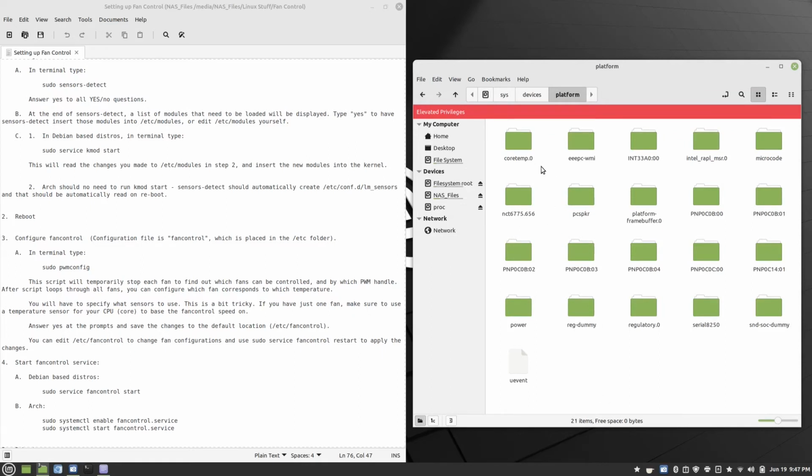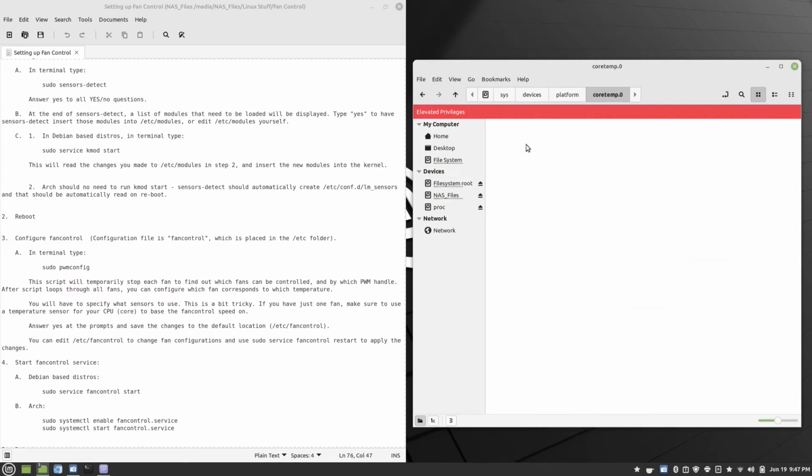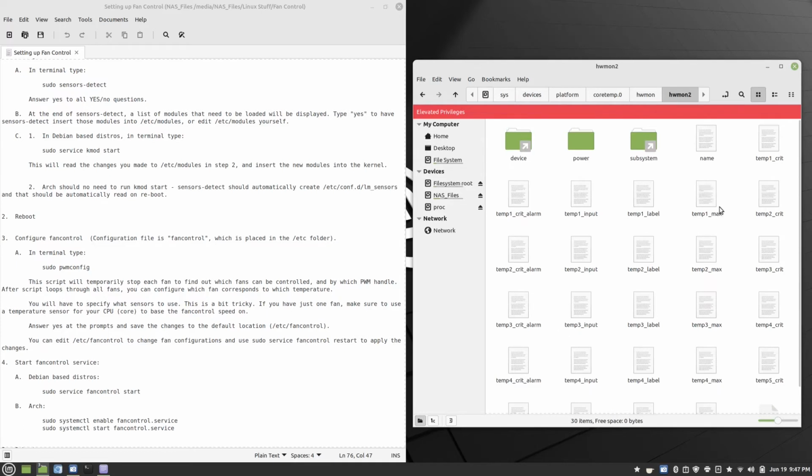Now, for monitoring the core temperatures, everything is under this coretemp.0 file. And in here, there's a directory named hwmon, and here is another directory named hwmon2, and in here is the various sensor information that fan control accesses to monitor your system. The problem is that